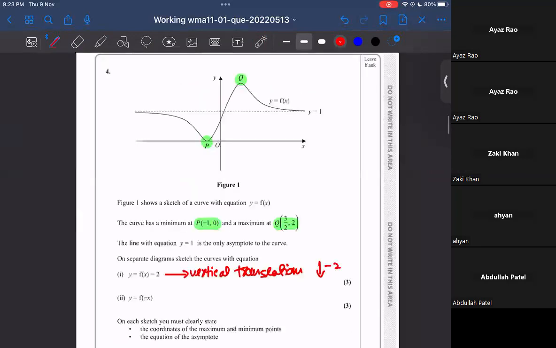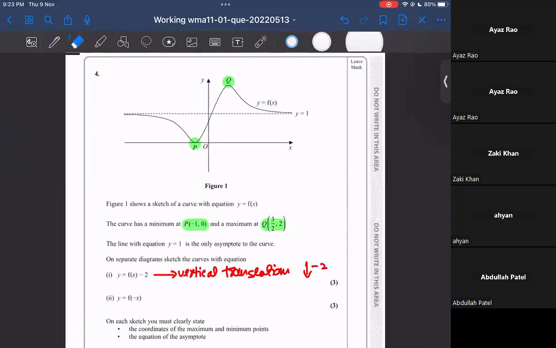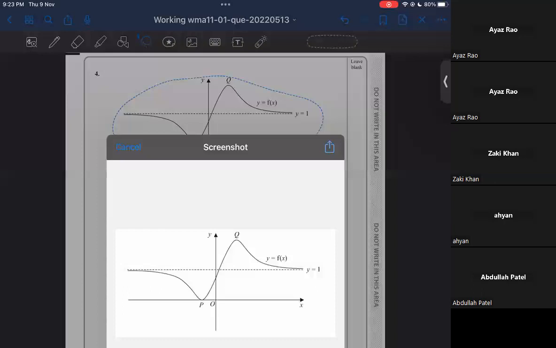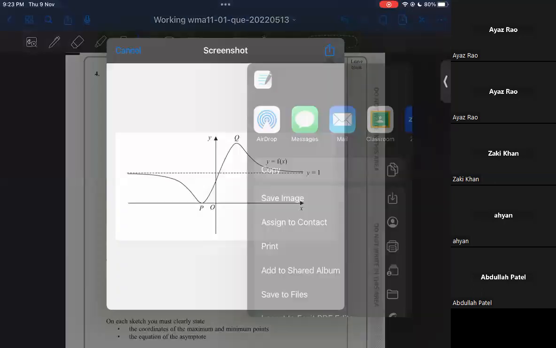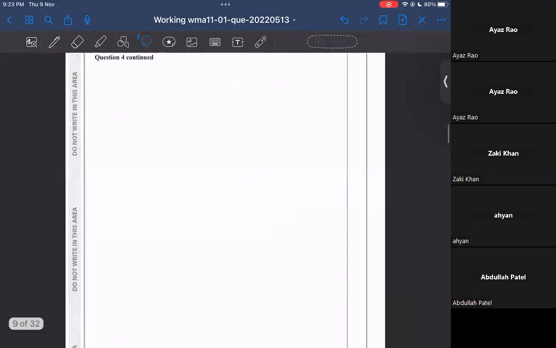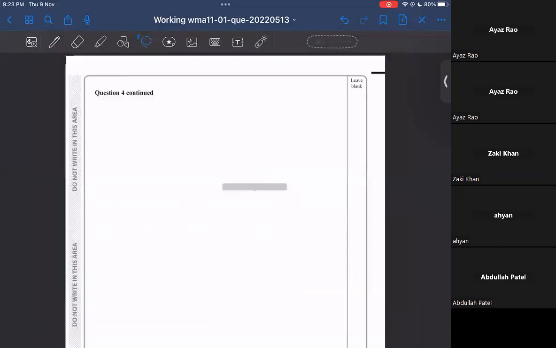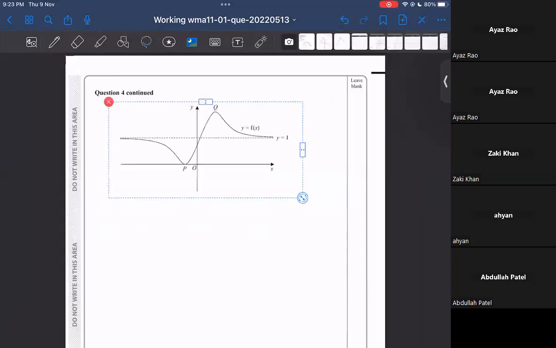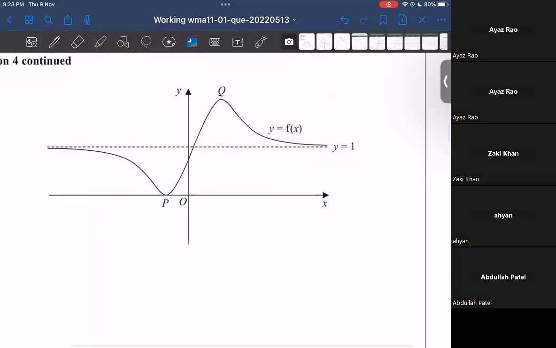So on a separate diagram they're asking us कि भाई आप ये काम करें. तो मैं बस थोड़ा सा टेक्नोलॉजी का यूज कर रहा हूँ, मैं इसको कॉपी कर रहा हूँ. Okay, what I'm doing here,